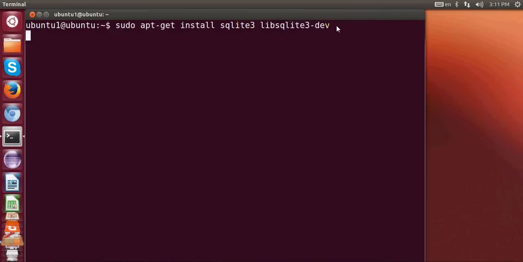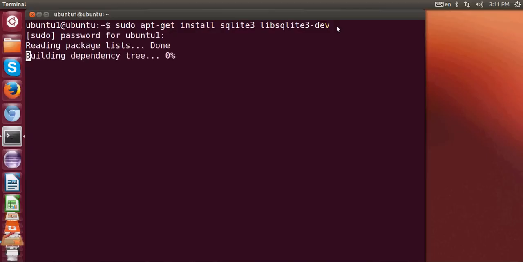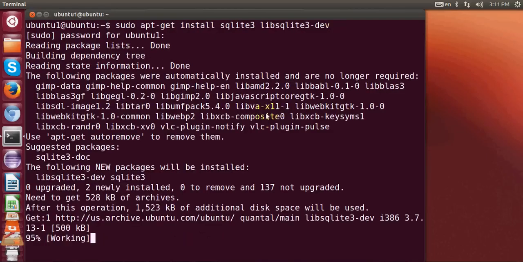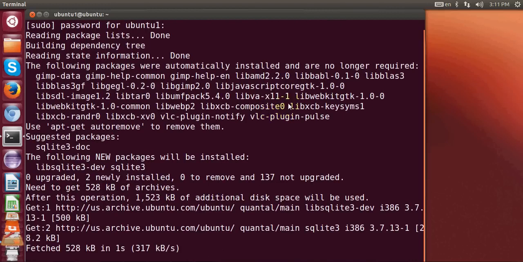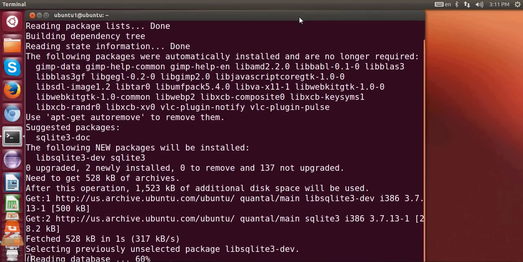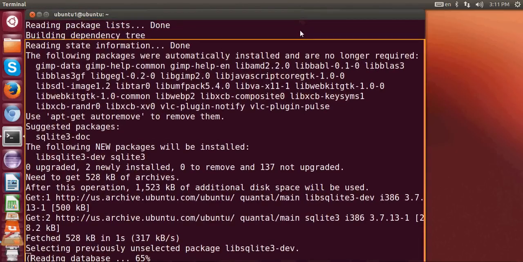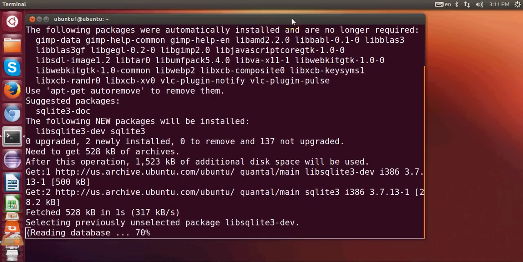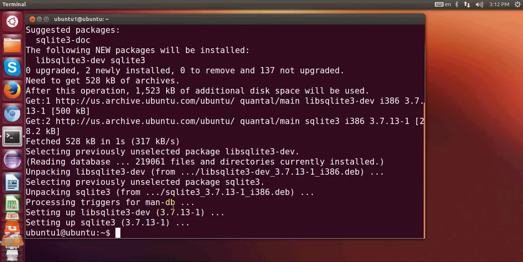So give this command and press enter, and it will ask for your password. So give your password, and it will start installing SQLite in your system. So it's reading the database right now. So now SQLite 3 is installed in my system, so I will clear the terminal